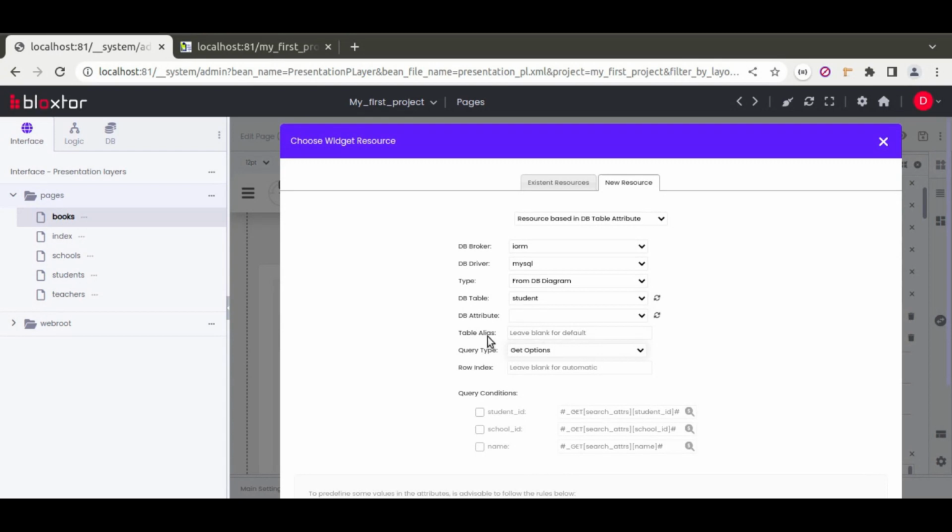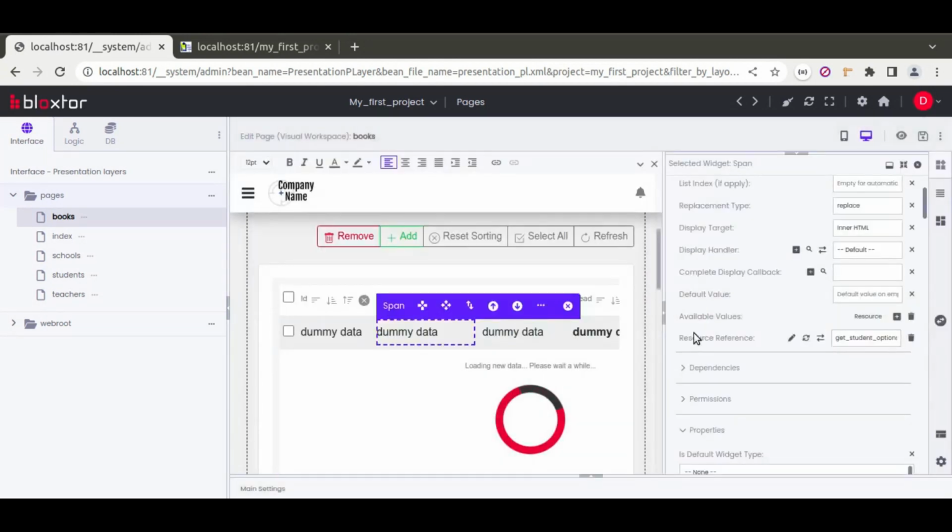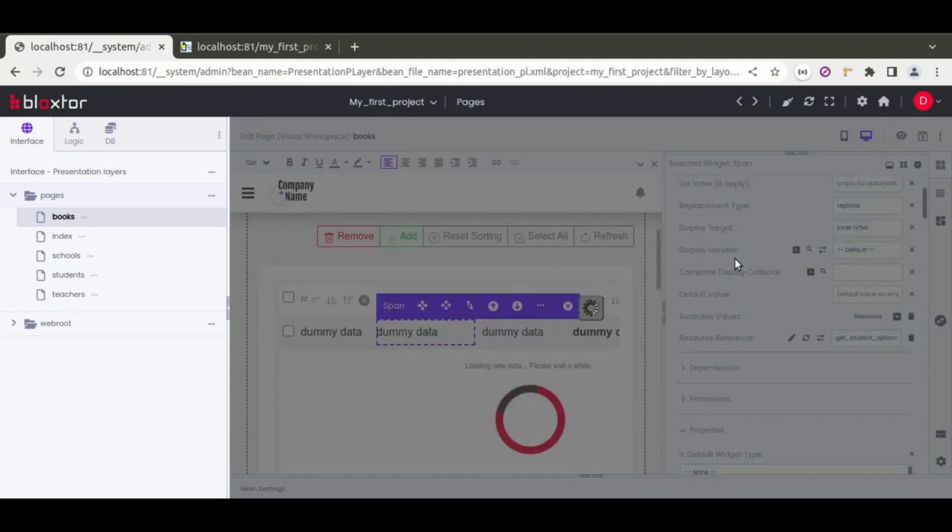The type of the query is get options, so I can get a list with the IDs of the students and the names of the students. I do update, and automatically it creates that resource for me. So when I save,